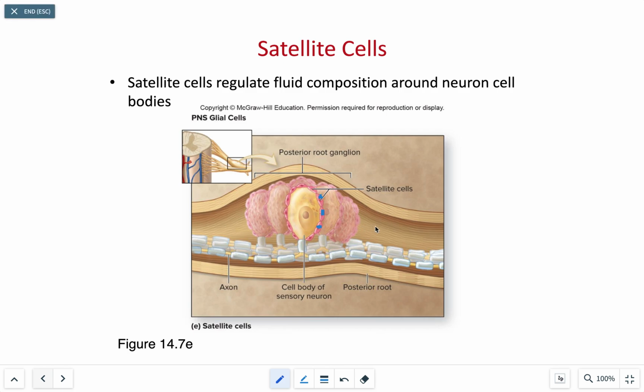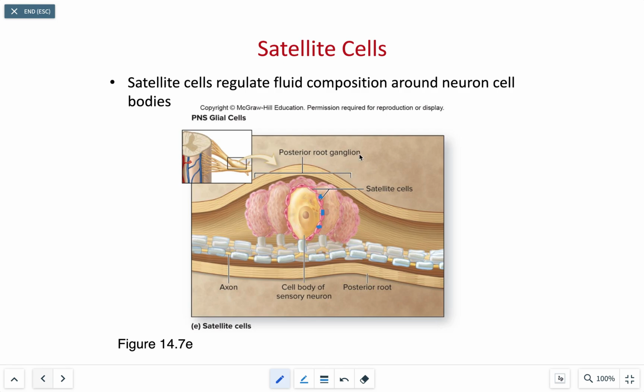Their job is important because they are going to regulate the fluid composition, or the environment around each one of these neuron cell bodies, including the exchange of nutrients and waste products associated with the neuron